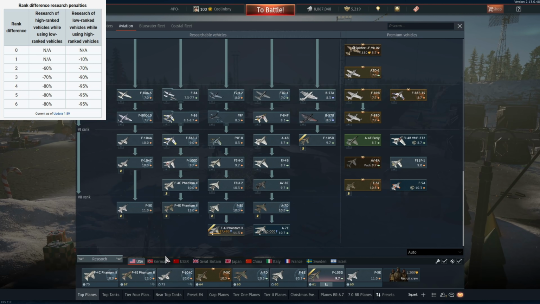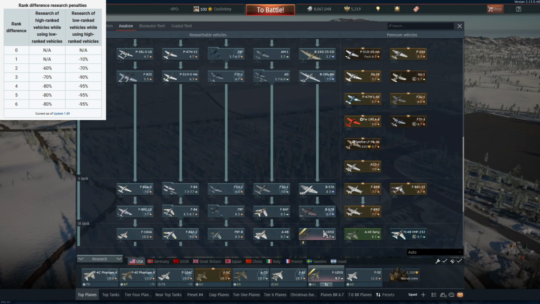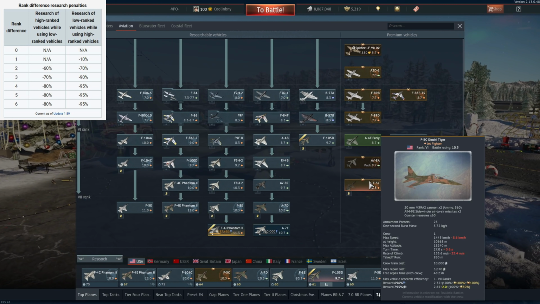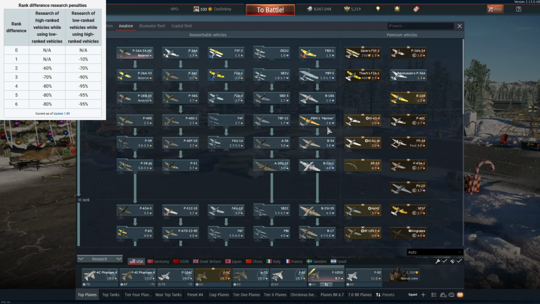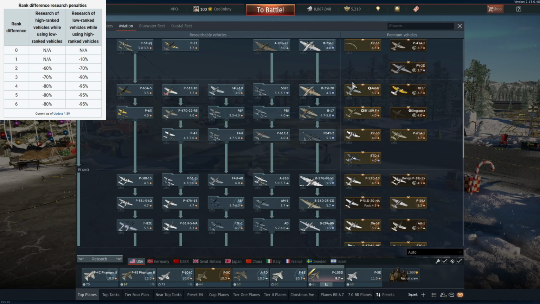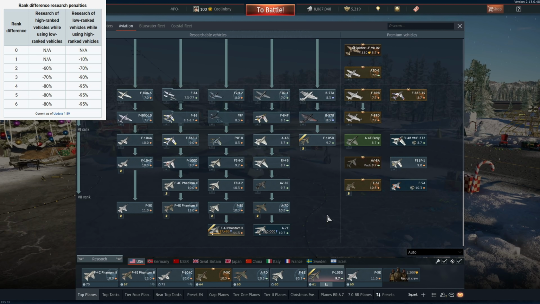There are some rank 7 event vehicles, if I'm not mistaken, but there are no rank 7 premiums because rank 6 premiums do the job all the same. So bear that in mind. So the F5C Skoshi Tiger will research from rank 1 through rank 7 with no problem. You will get just as big of a bonus researching your TBD1 as you will with an A7E or an F4J Phantom too. There are penalties and there are also bonuses,